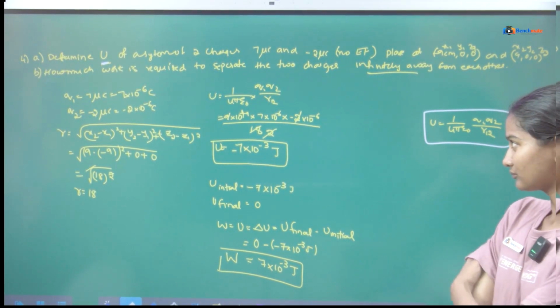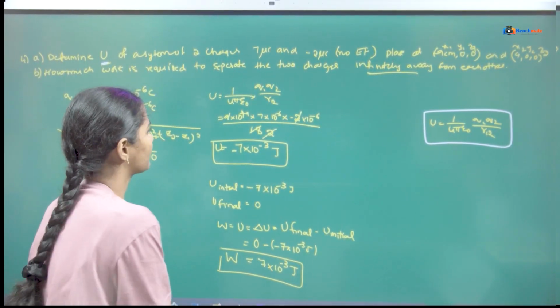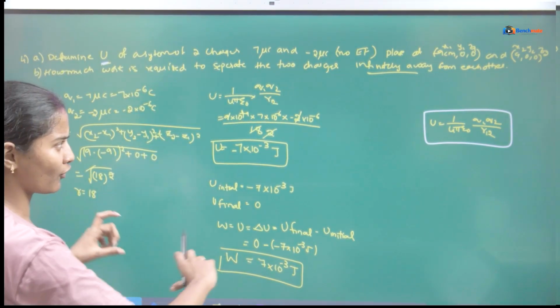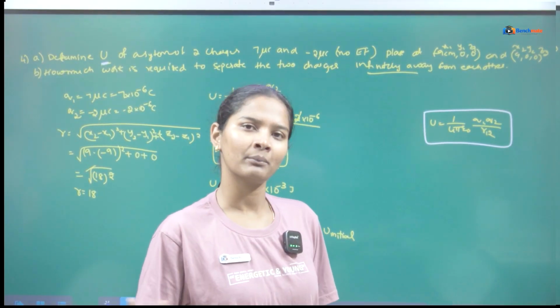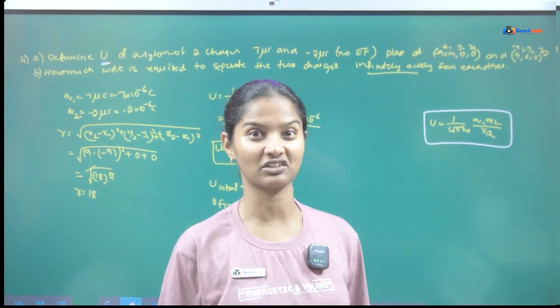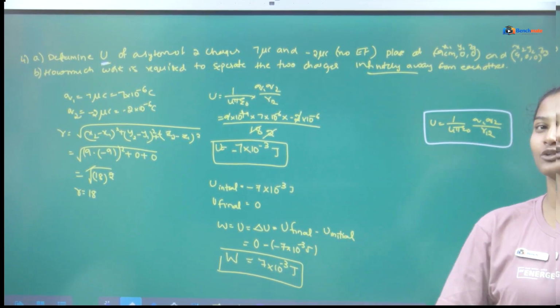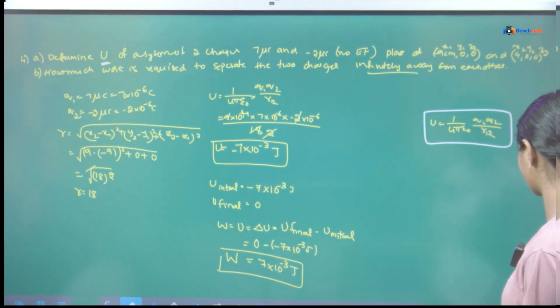Clear? So that is determining the energy. If they give a system of 3 charges, it is the same procedure, but the formula is going to be longer. Here we got only one term, but for 3 charges, you are going to get 2 more extra terms. And if you solve the question in the presence of an electric field, one more extra step is going to be added. So that's it for this question.